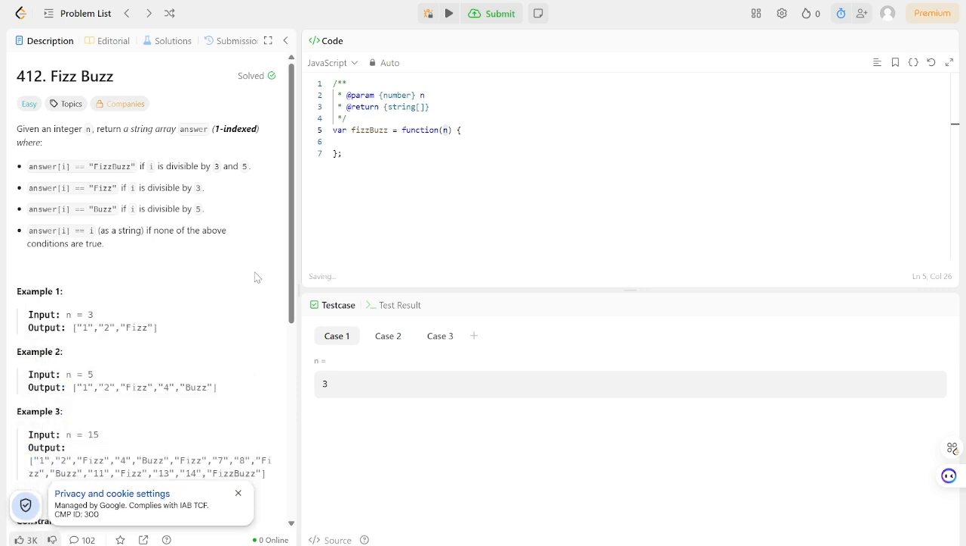Hello guys, so today we'll be solving LeetCode question 412, FizzBuzz. This is a very popular easy interview question. The question is, given an integer n, return a string array answer, one indexed, where answer[i] is equal to